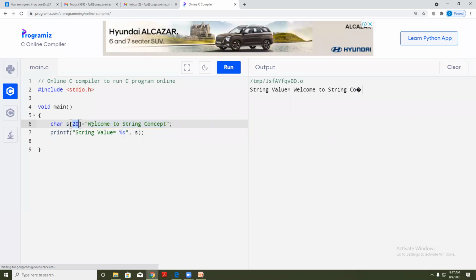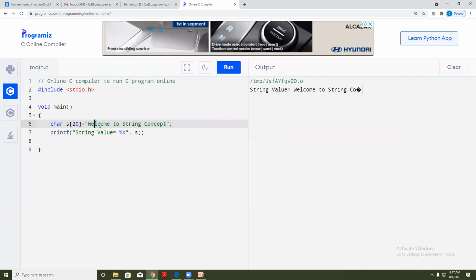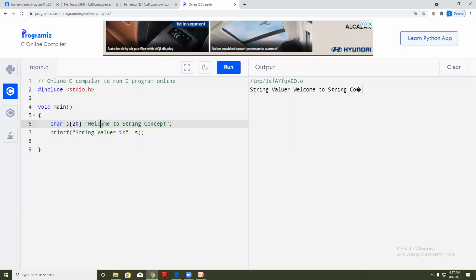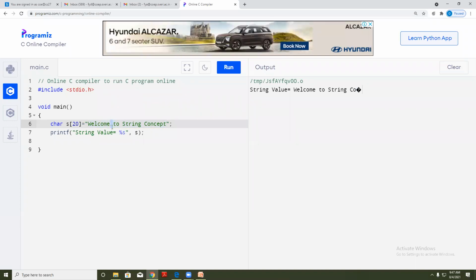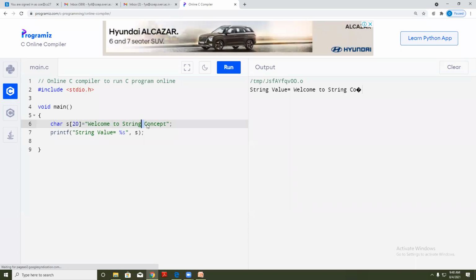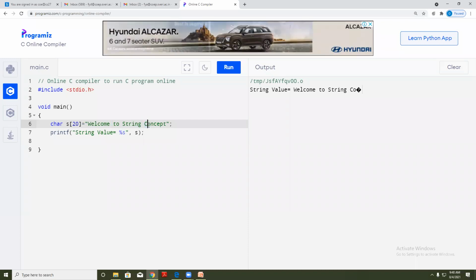Okay, now check. W is 1, E 2, 3, 4, 5, 6, 7. In a string, space is also considered as one character. This is 8, 9, 10, space is 11, 12, 13, 14, 15, 16, 17, space is 18, C 19, O 20.